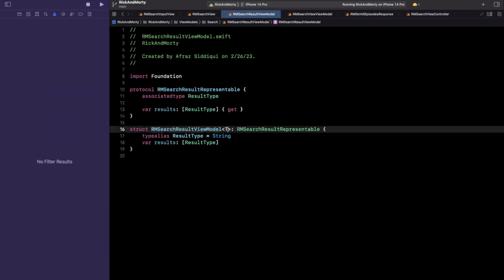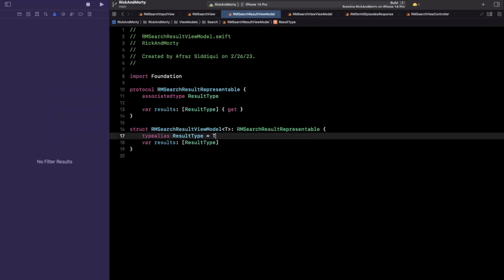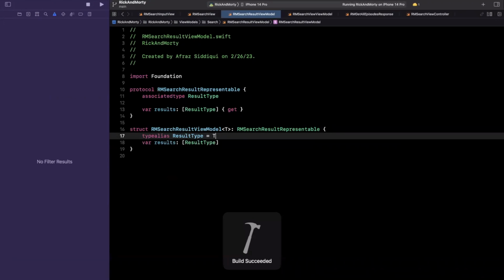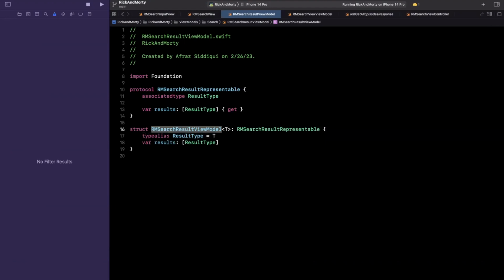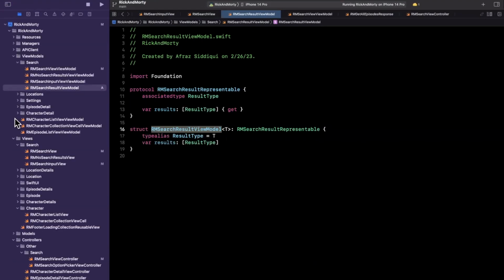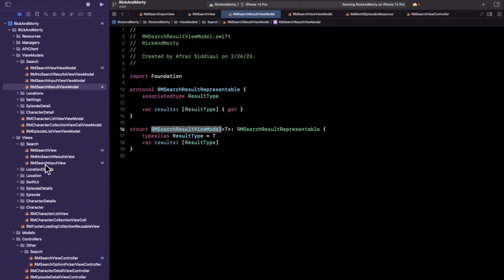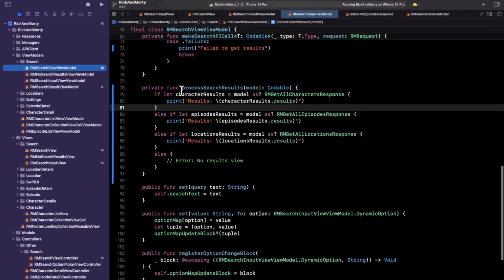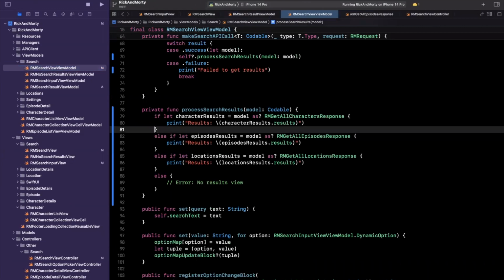So let's see if I can actually bring in T here and use T as the type. So hopefully this isn't too crazy for y'all. So in other words, when I instantiate this, it's going to say, pass in whatever collection of results you have in here, and that is what it's going to use as the backing for the generic. So let's actually do this, so I can kind of showcase what on earth I'm trying to accomplish by this. So let me go back to the search view model,